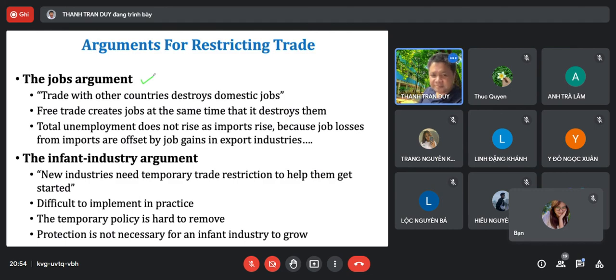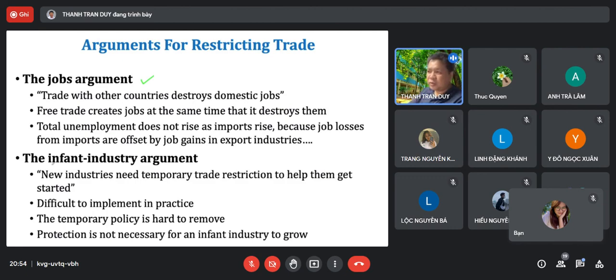What does Apple do in the United States? What do they do in the United States? They focus on what? They focus on designing and selling. That earns a lot, because an iPhone costs only $300 to make, but it sells for $1,000, right? So in this case, the focus is to create jobs in designing and selling the product.